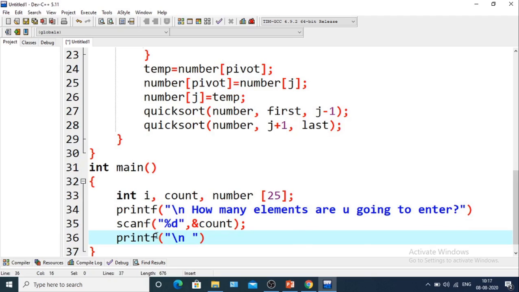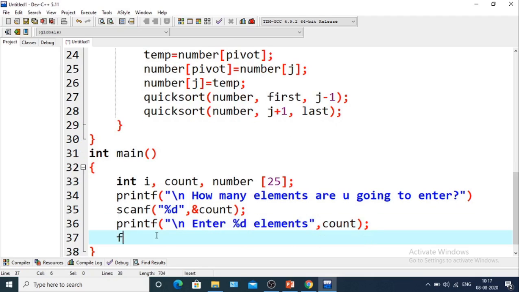Next printf slash n, enter percent d element, so comma, this is count. So for i equals to 0, i less than count, i plus plus.